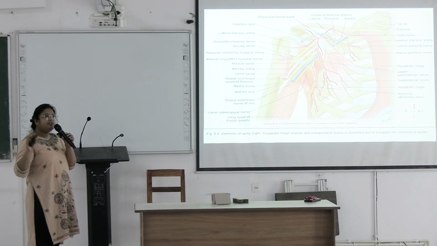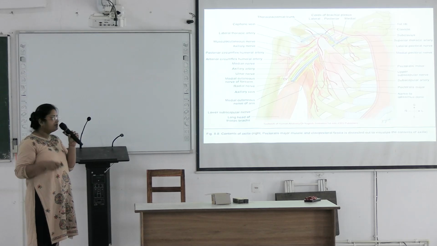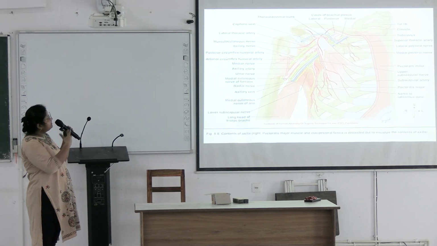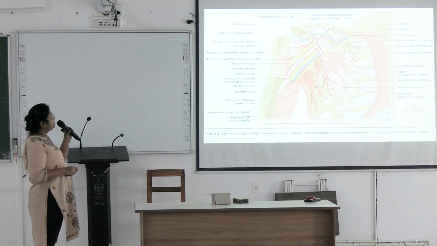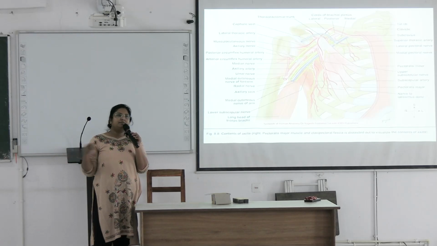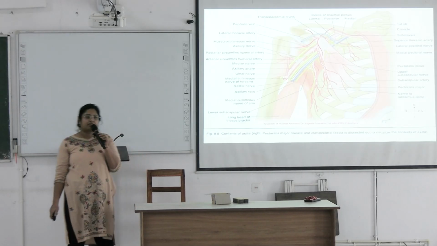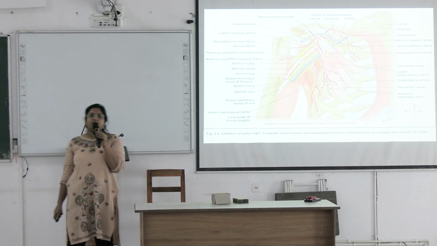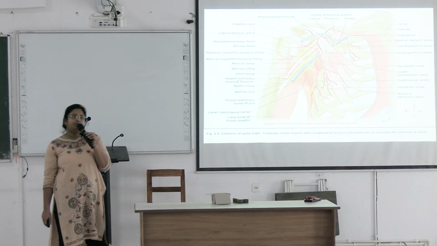Upper subscapular nerve, you will not see, it will lie near the apex along the upper margin of subscapularis muscle. And rest of the nerve I have discussed. Another is musculocutaneous nerve. This point you also note down. Musculocutaneous nerve is piercing the coracobrachialis muscle. Okay. Musculocutaneous nerve will pierce the coracobrachialis muscle. Okay, understood?